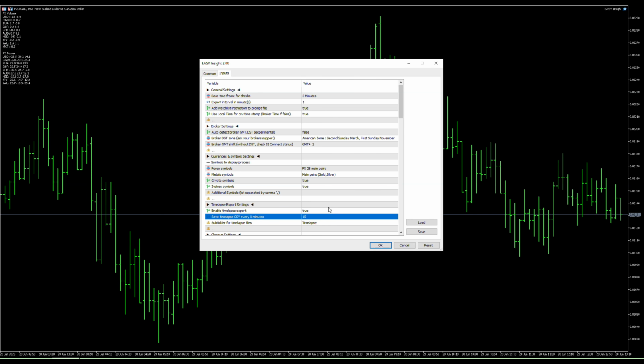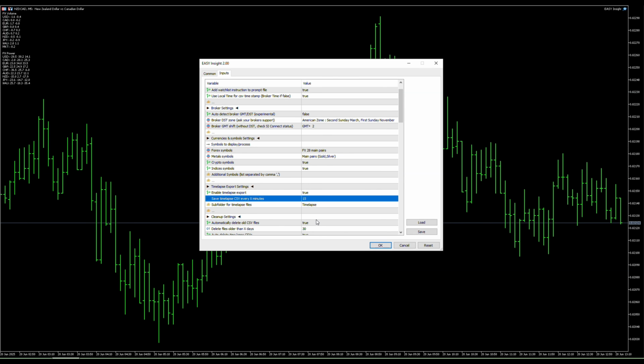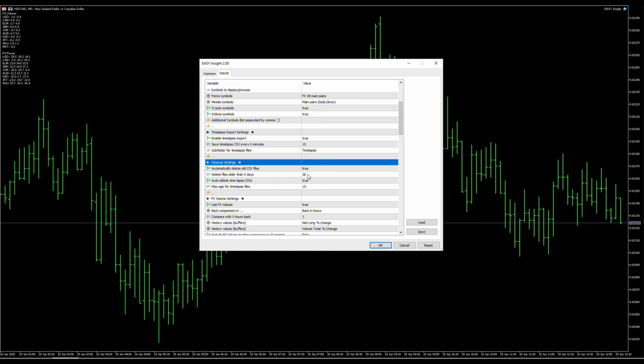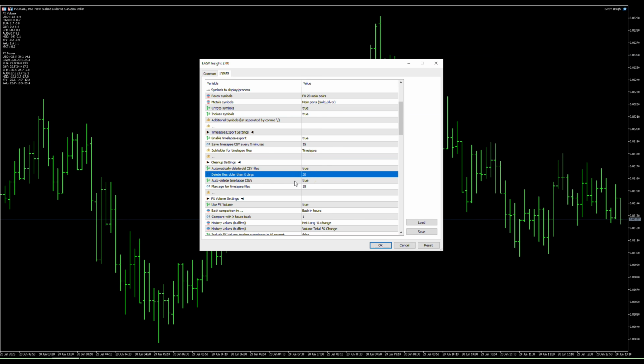So you give the AI 3, 4, 5 CSV files in a row and say, hey, please detect trends, what is interesting to trade, and the AI will do the job based on these multiple CSV files. Then we have the cleanup settings, where you can clean up automatically. So you say after 30 days the history is outdated, I don't need it anymore, and this is enabled